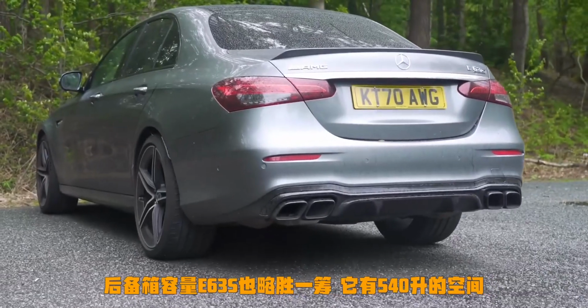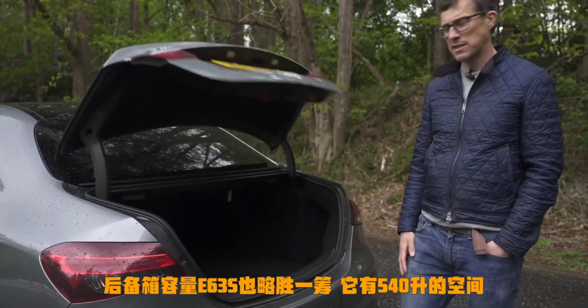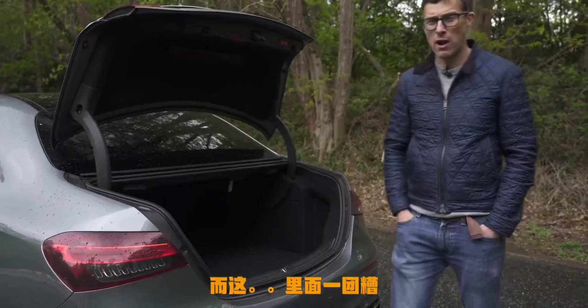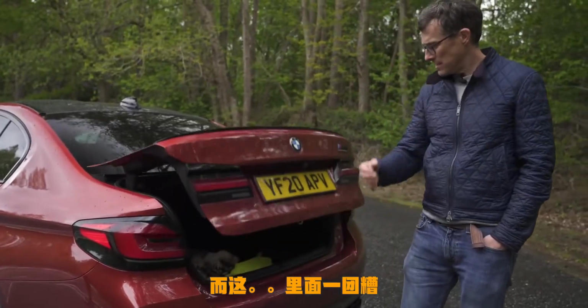The Mercedes also wins when it comes to boot capacity, because this is 540 litres of space, whereas this is